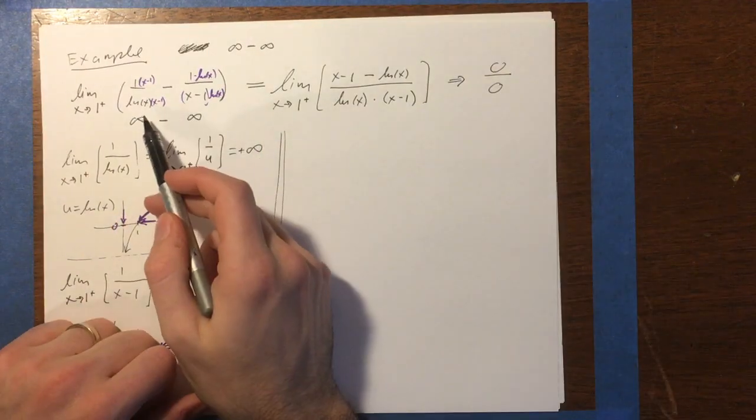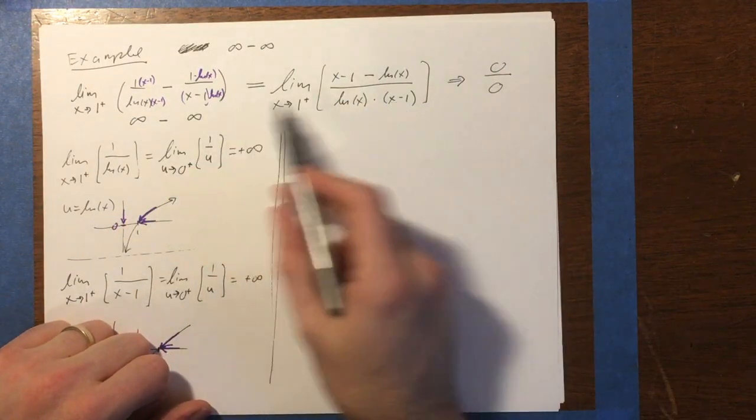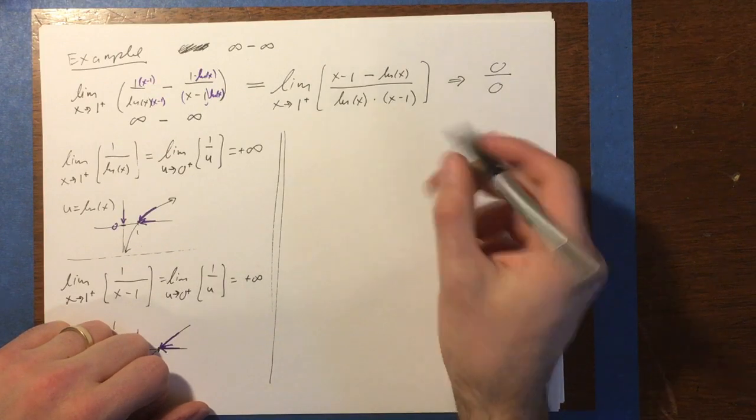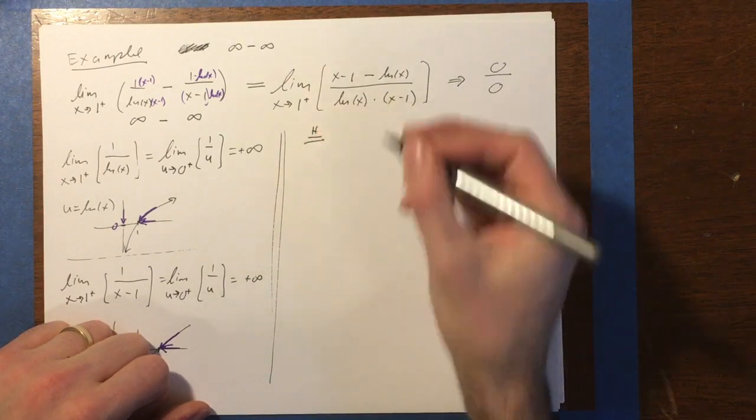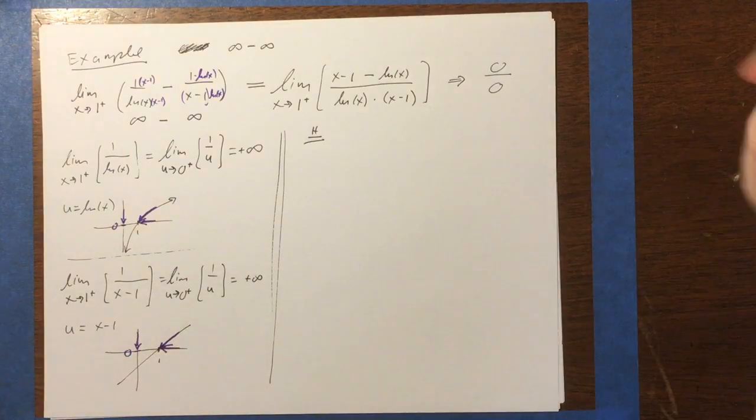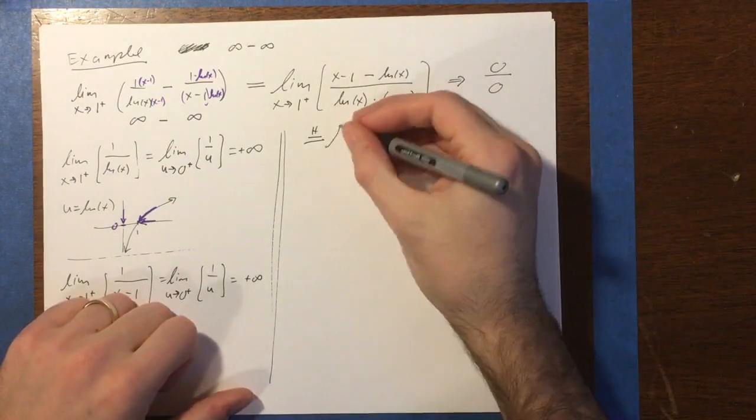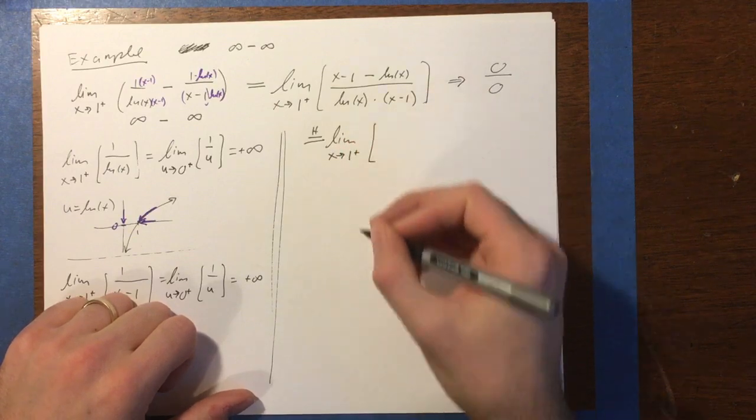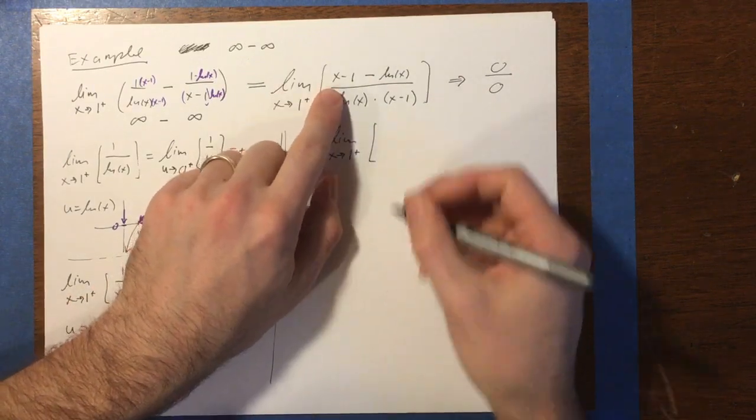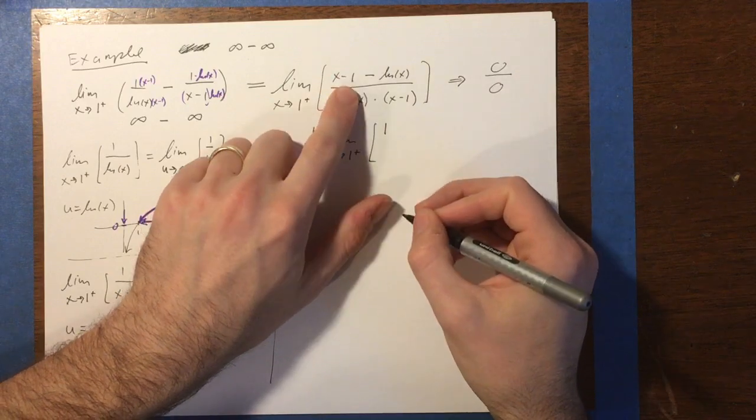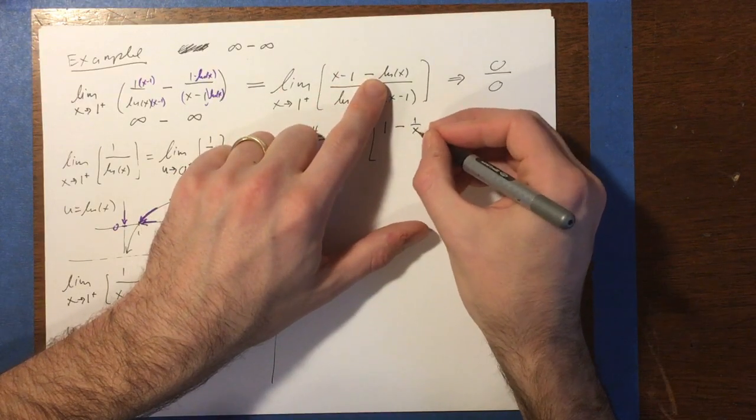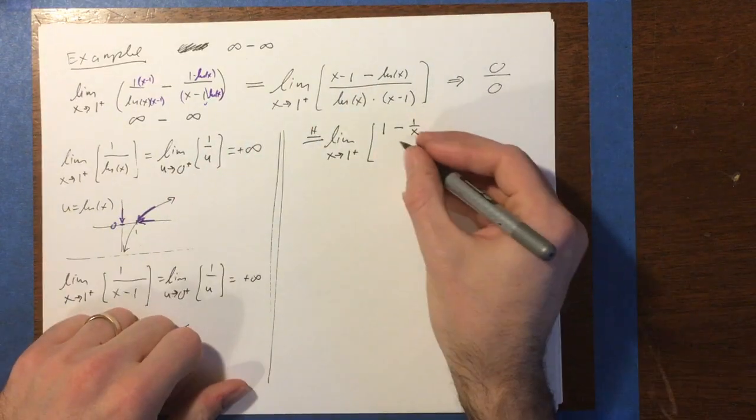So just this act of combining them into one term instead of two has put it into a format to which we can apply L'Hopital's rule. So let's go ahead and do that right away. We apply L'Hopital to this. We get the limit as x approaches 1 from the right of the derivative of the numerator, which is going to be 1 minus 0, and then minus the derivative of natural log of x, which is 1 over x. Okay? Divided by,